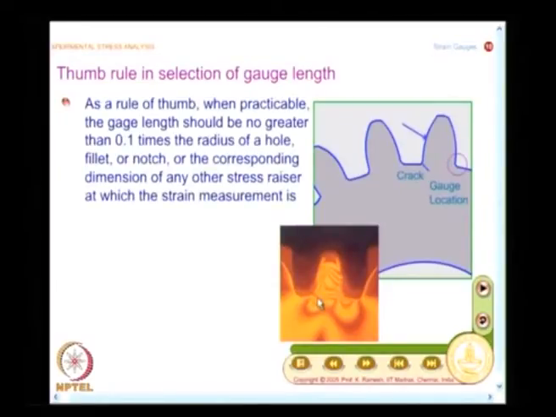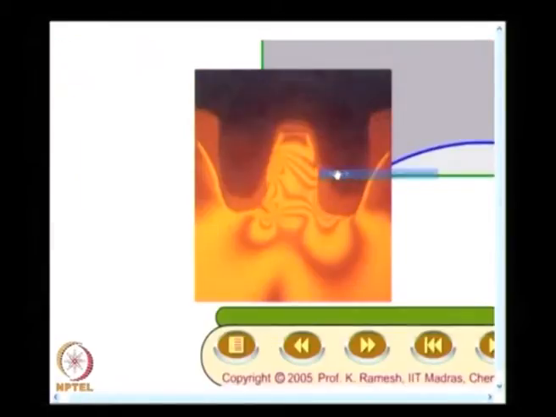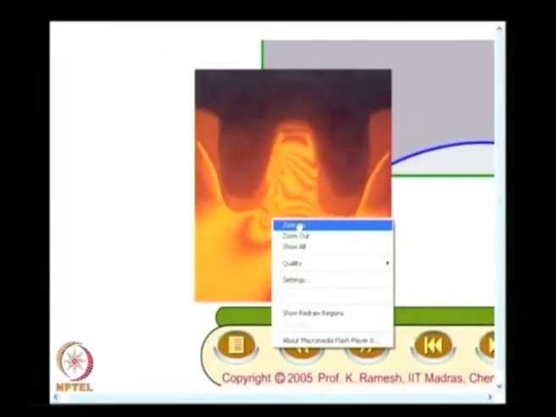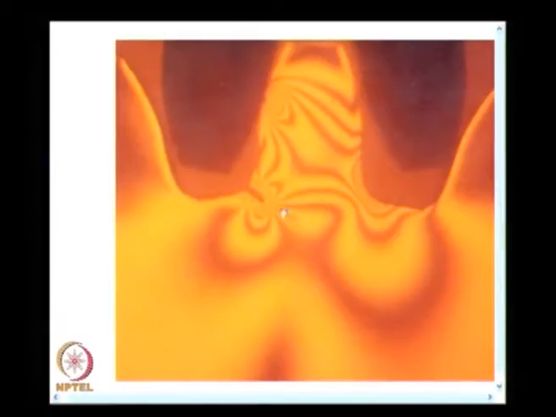See, I am going to look at the strain field in the case of a spur gear, and you have all done a course in experimental stress analysis where you have already seen what photoelasticity is. This is a spur gear tooth, and you have this as loaded. This is an epoxy model, and on the tensile side you have a crack developed, you have the crack tip's stress field.